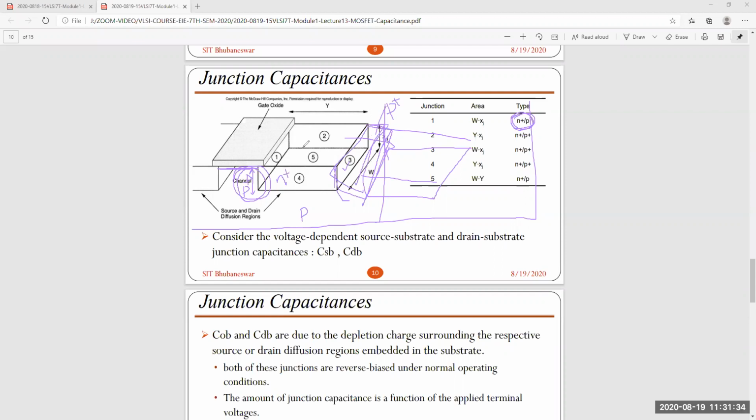Similarly, here also in the back side, near that side of that 2, the same P plus will be there. Just after this transistor, another transistor is there. I am not drawing the picture properly, so just imagine. In the same plane, another transistor is there, just on the back side of this transistor. So again that isolation is required, so you have to put P plus. Got the point?